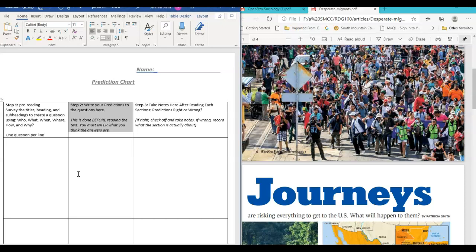First 2 things we do is we create a question over here. We guess an answer to that question here based off of our prior knowledge and anything we may know about it so far. If you really don't have an answer for that section, you may have to just say, I don't know, I need to read because I don't have prior information on this subject area. And then in the third step